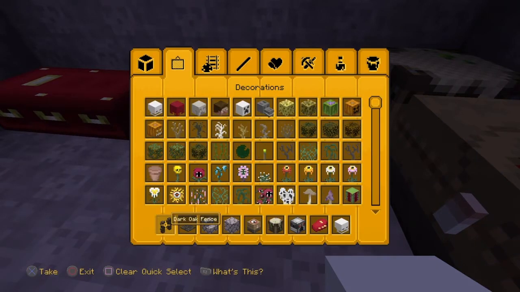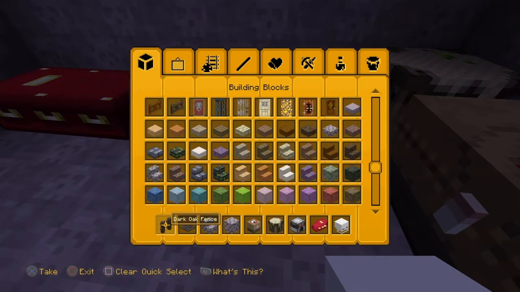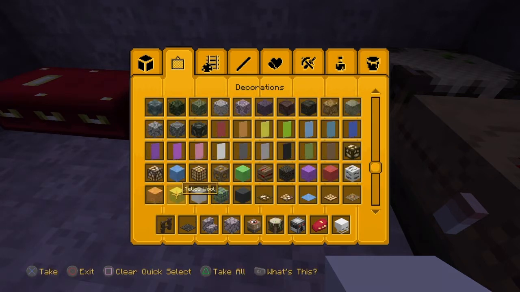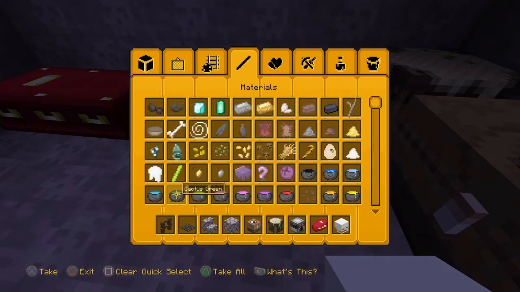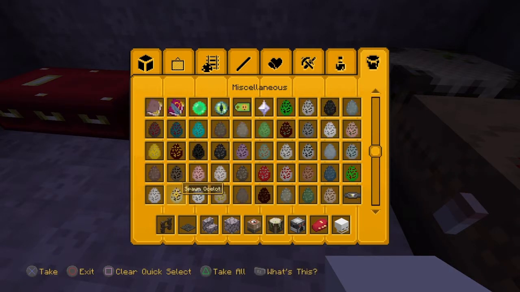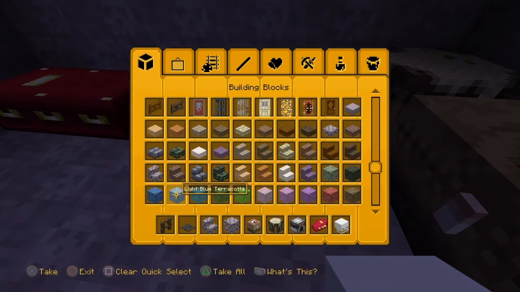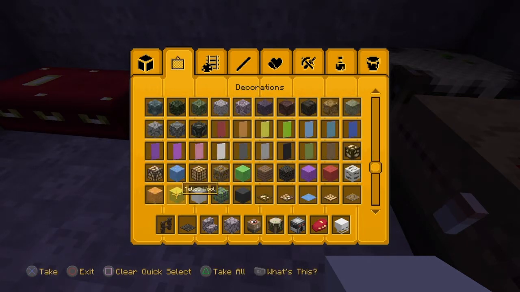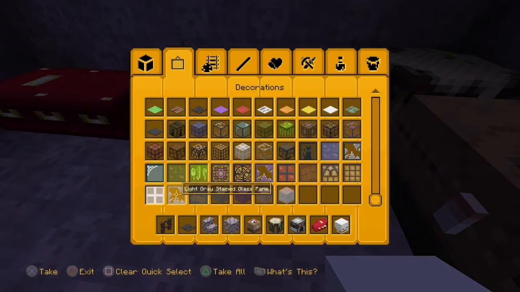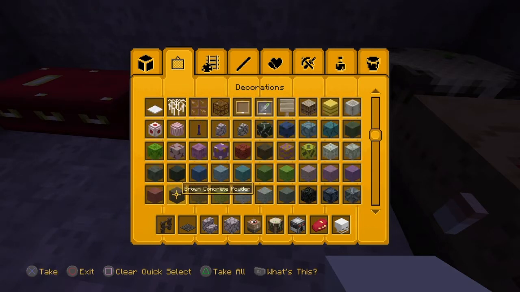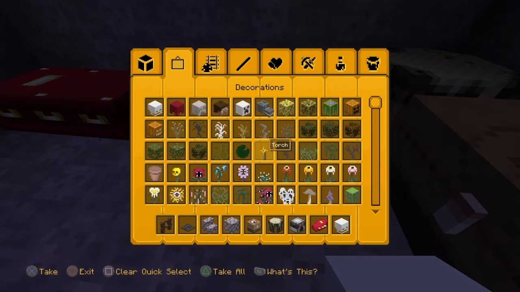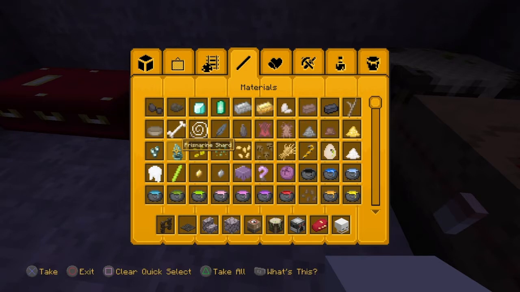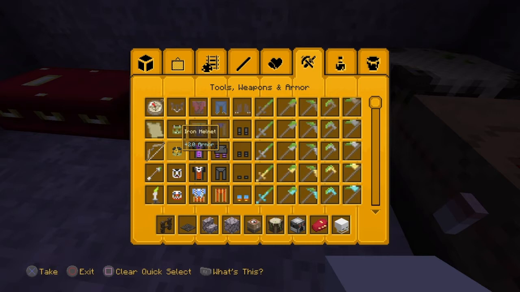Let me just see if I can get, hang on, let's see if we can go back towards, I'm after the armor stand. Maybe if we can find an armor stand somewhere about here, that would be pretty awesome. Maybe it's in miscellaneous. I do forget sometimes where these things are, but it's okay. It's all part of the fun of trying to find it again. I may even just place them as they are, but we'll see. Let's see. Decoration wise, I've definitely seen one. Where are we? You've probably spotted it before I have. Let me see. If I can't find it, then we'll use something else. It's absolutely fine. It probably won't,